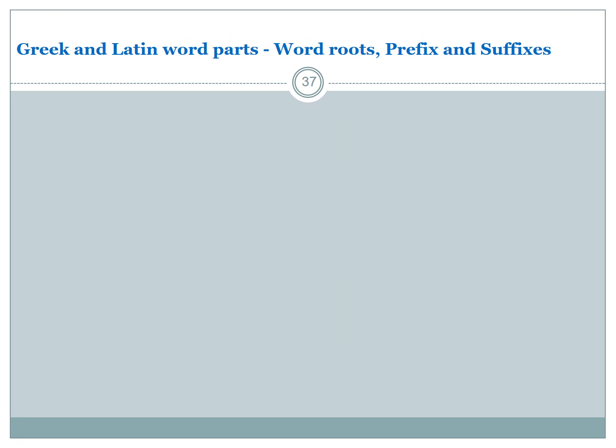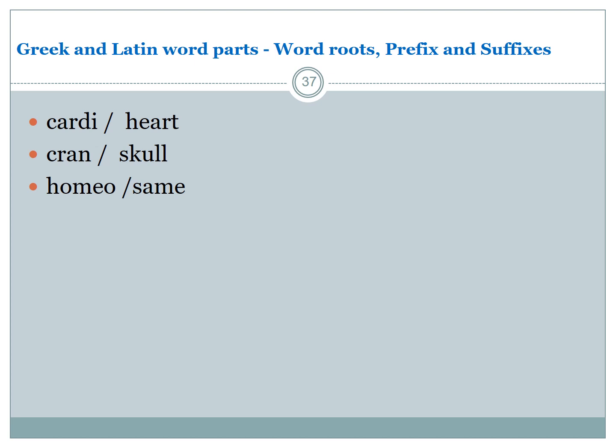Let's look at, for chapter 1, our Greek and Latin word parts. So cardi, right, word root for heart, crani, skull, homeo, same, meta, change,